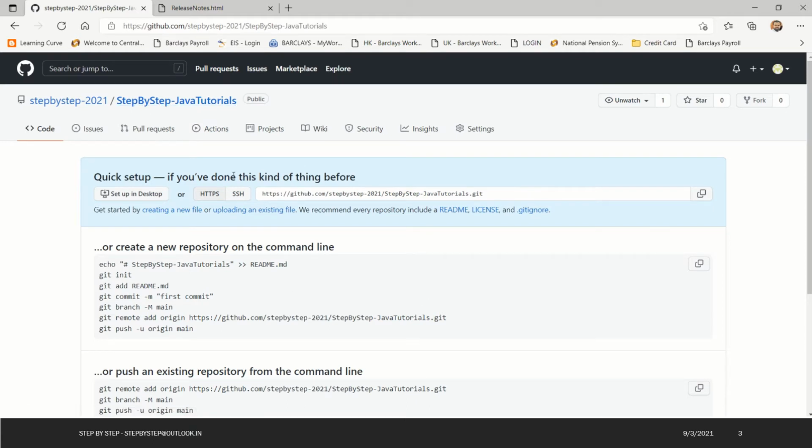If you observe, there is nothing committed or pushed to this repository yet. So I'll just copy this URL. You can copy by clicking here, or directly with Control C, and we'll keep this URL handy, and we will use this same Git repository URL in our Git Bash to push our commits from the local repository.